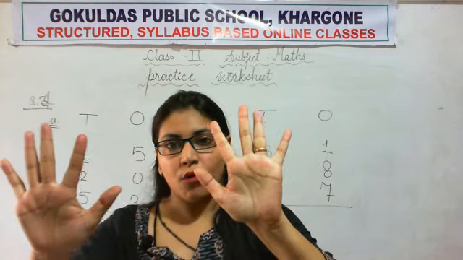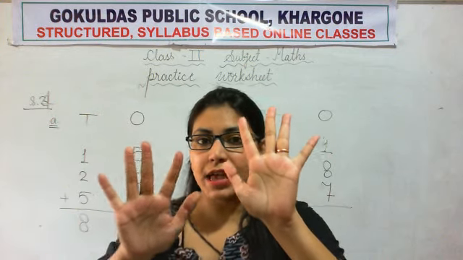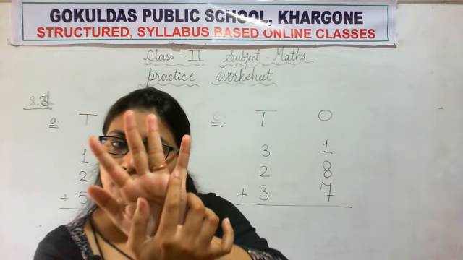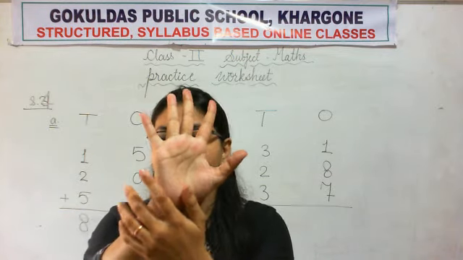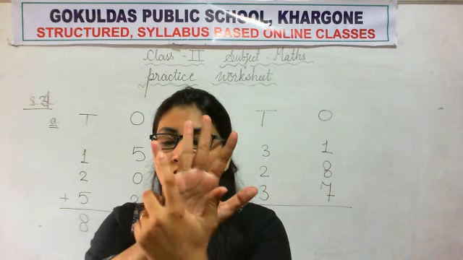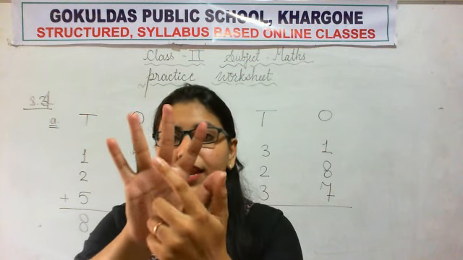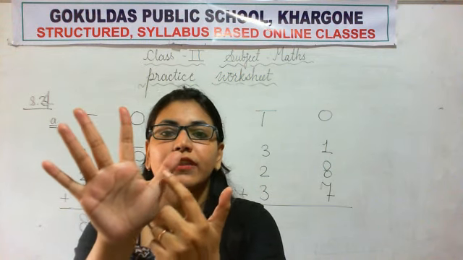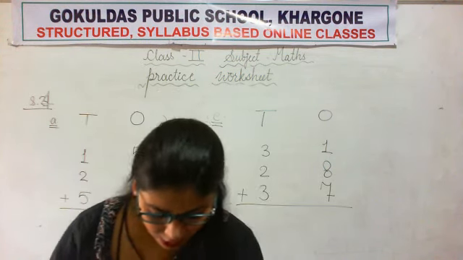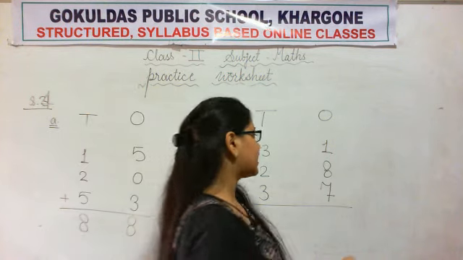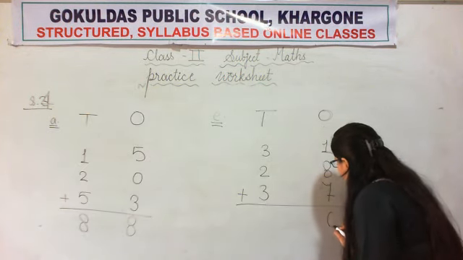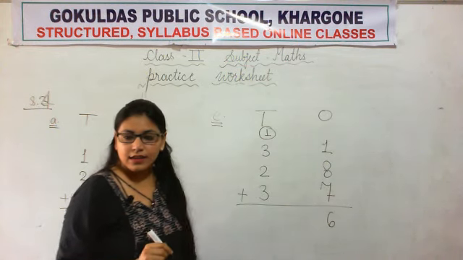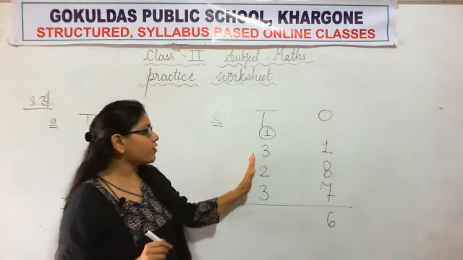Okay. So now start counting. How many finger marks? 1 finger mark of this finger, 1. Now this whole hand: 2, 3, 4, 5, 6, 7, 8, 9, 10, 11, 12, 13, 14, 15 and 16. We got a 2-digit answer, so it is very simple. We will regroup 16 in the column of ones. Okay. Now it's done for the ones column.